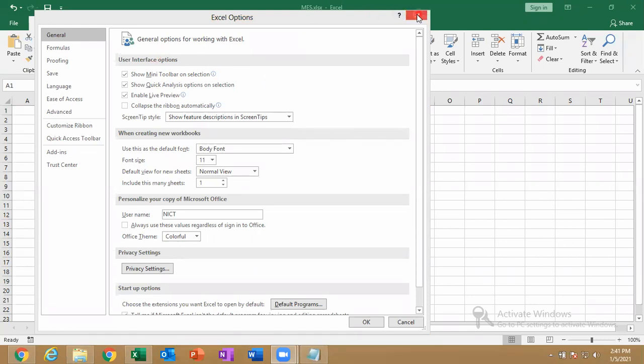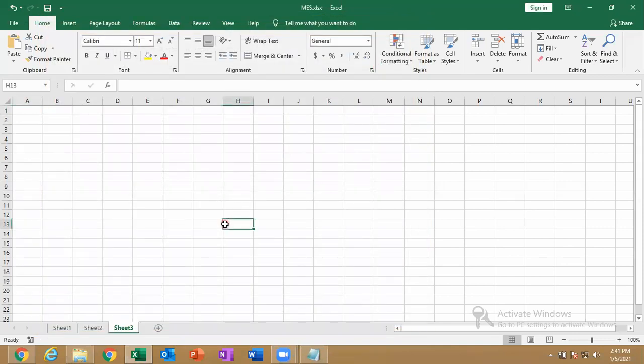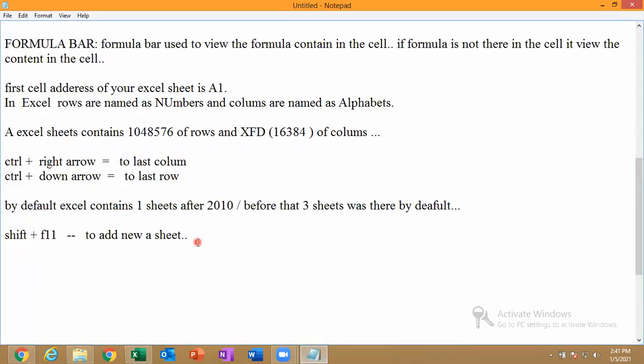Shortcut method is not working. Okay, just hold the shift and press F11. If F11 is not working, like it is increasing or decreasing the brightness, you can give Shift plus Fn plus F11, the function key.